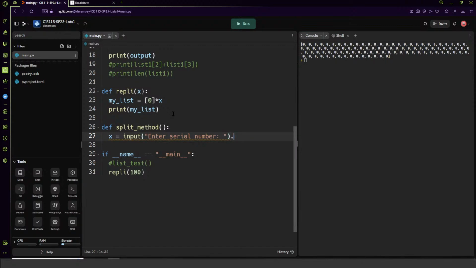And then we will do a dot split. And then in the parentheses after dot split, I put a set of quotes and a dash. And so what that will do is that will take my number and split it along